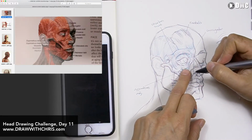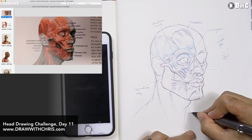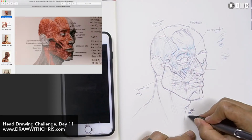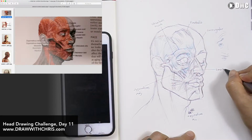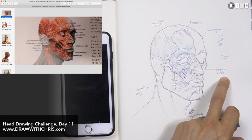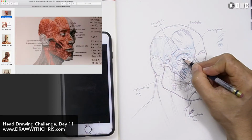See, because these two fit together. Levator labii. These two fit together so well. I need to know. Zygomatic. Zygomaticus minor. Levator labii. I believe it's called labii. It's pronounced labii. I could be wrong though. So, yeah, I think